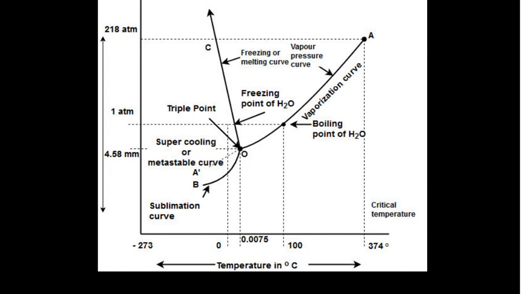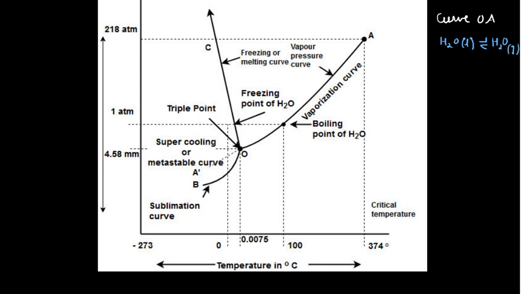Okay. So, here I am writing curve OA, or the line OA you can see, and this curve is known as the vaporization curve. Why is it known as the vaporization curve? Because liquid water undergoes vaporization frequently, and you will have the vapors in that case along with the liquid water. So, in that case the equilibrium would be like that. You will have H2O in the liquid phase and your H2O in the vapor phase, gas I am writing. So, two phases are there in that case.